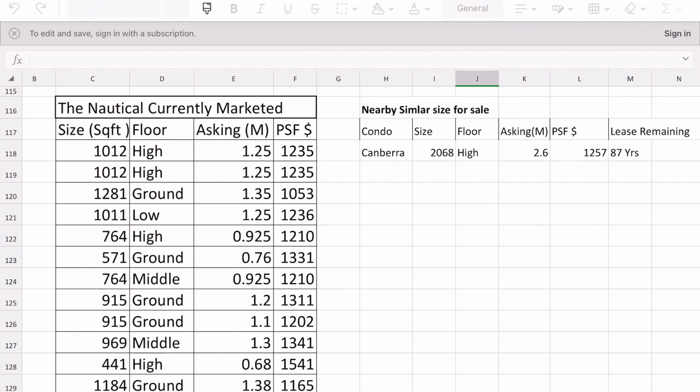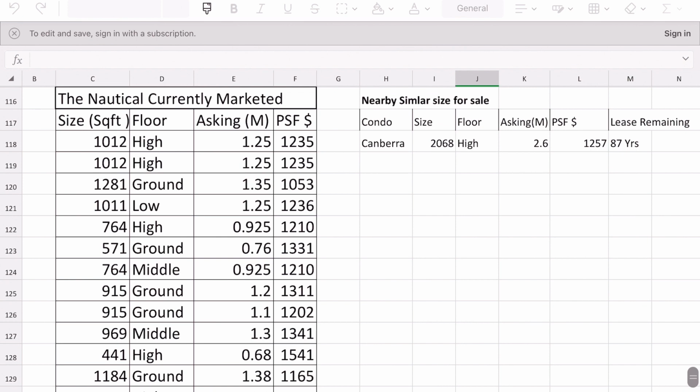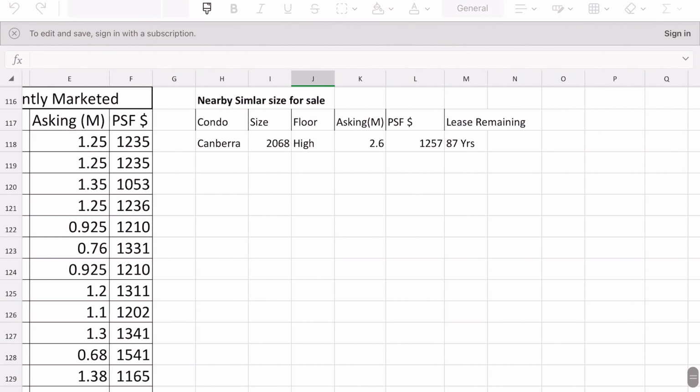Most of the time, the transacted price, of course, after negotiations, will be slightly lower than asking price. When the demand is very high, transacted prices can be higher than asking prices, but I need to know where we stand as well. Also, for nearby similar size properties, I want to know asking prices